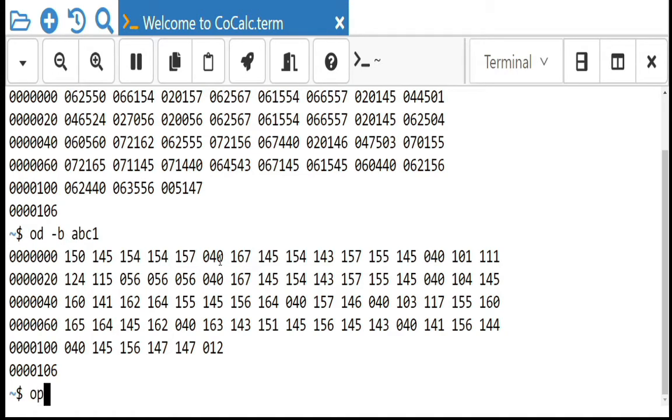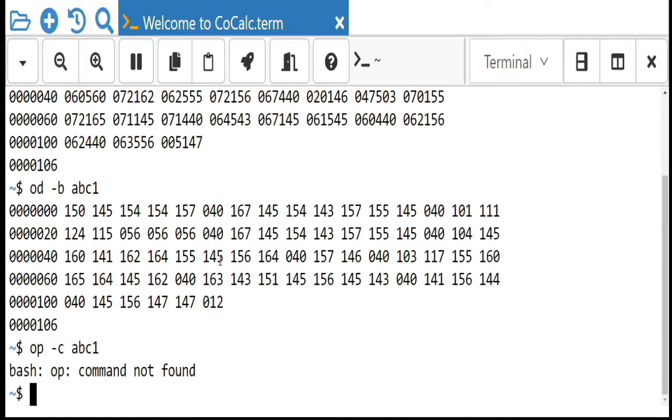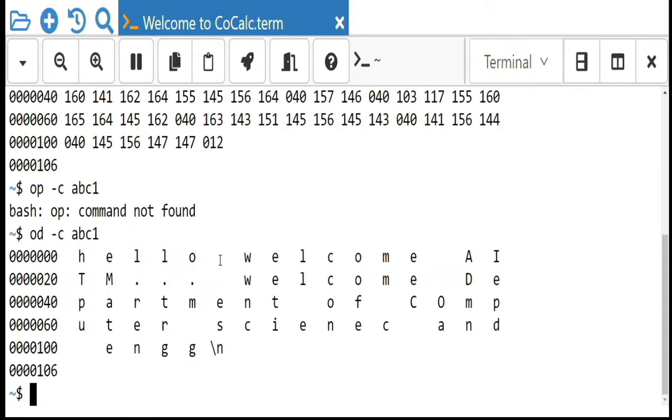Then next is minus C, it is going to display the contents of input in the character format. See here, in the character format the contents will be displayed, that is for minus C.